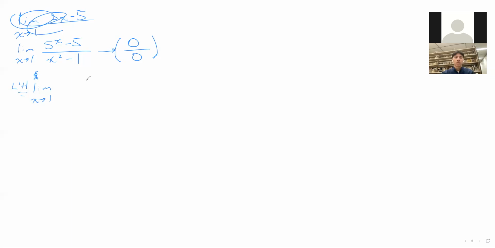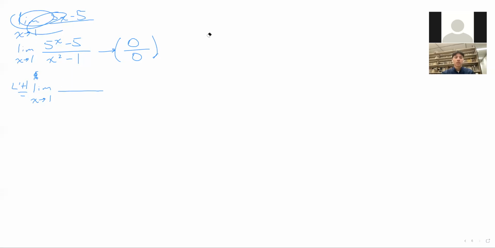The derivative of the numerator over the derivative of the denominator. So what is the derivative of 5 to the x minus 5? 5x to the power of x minus 1, over